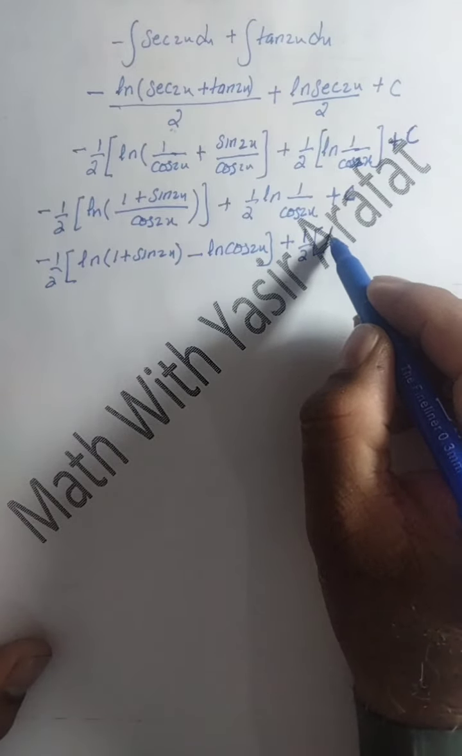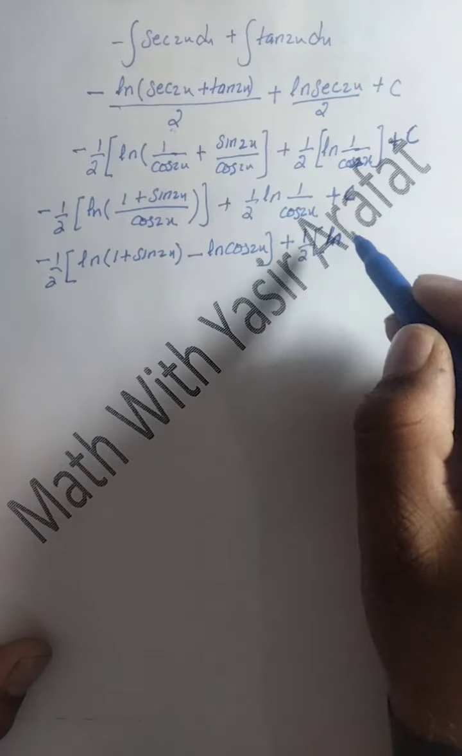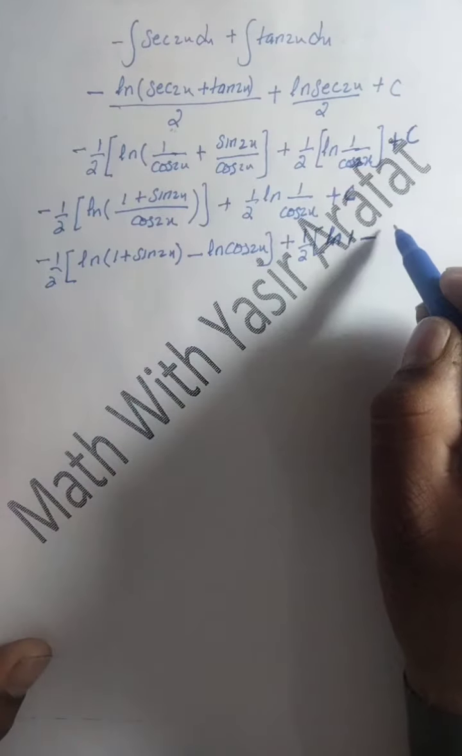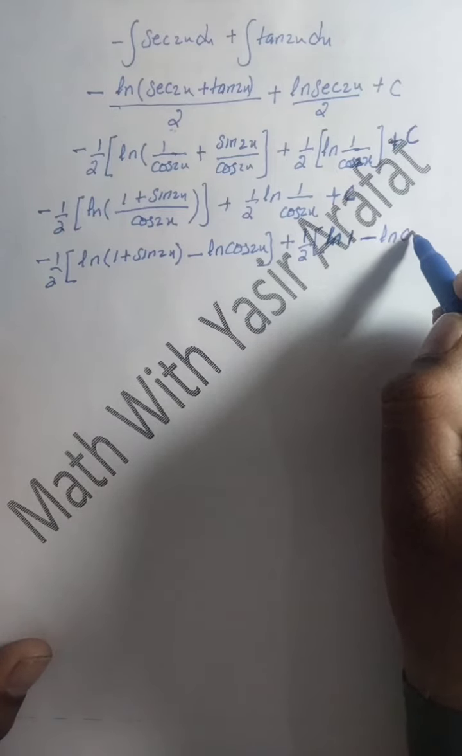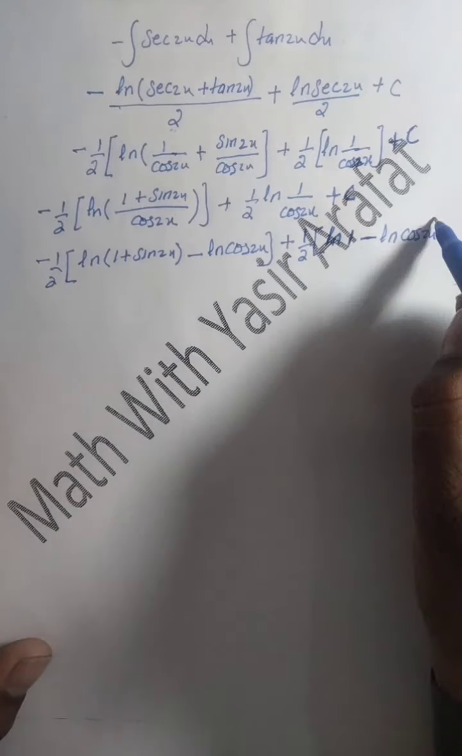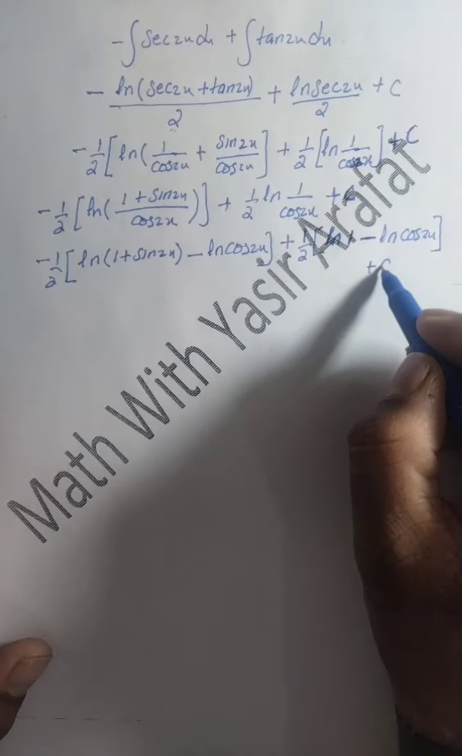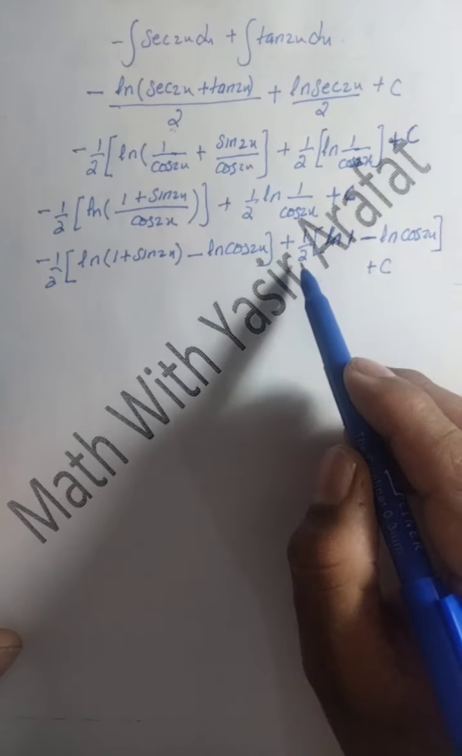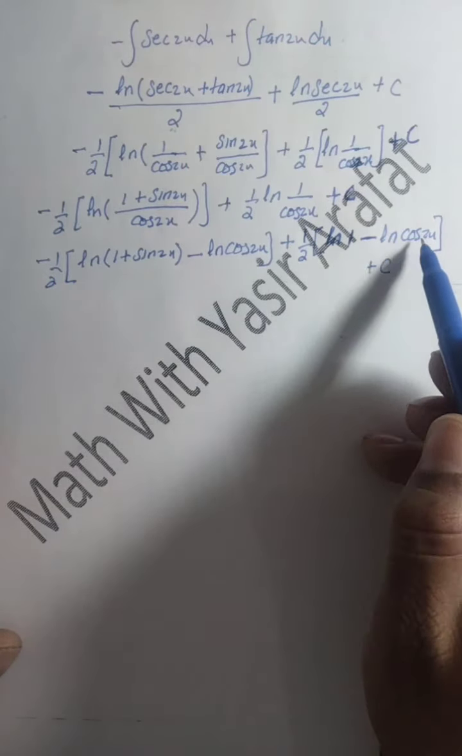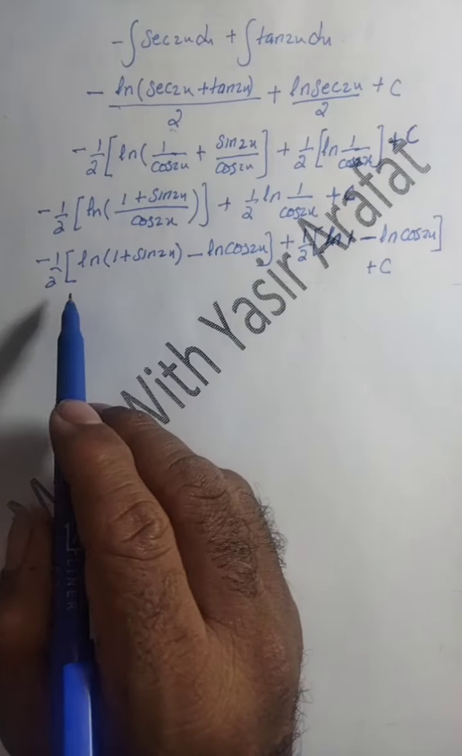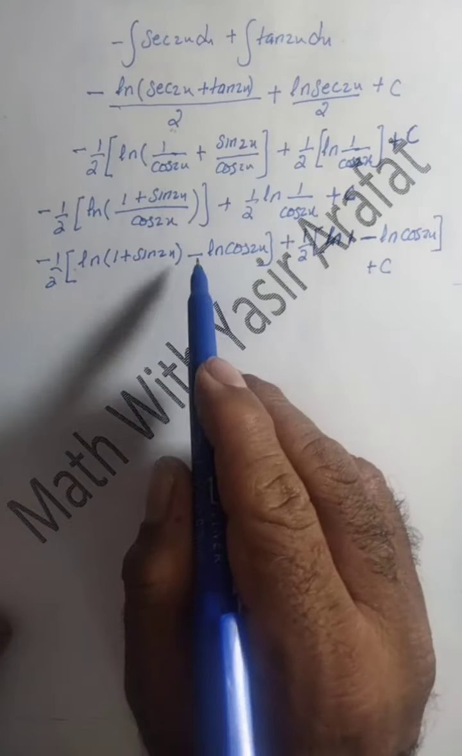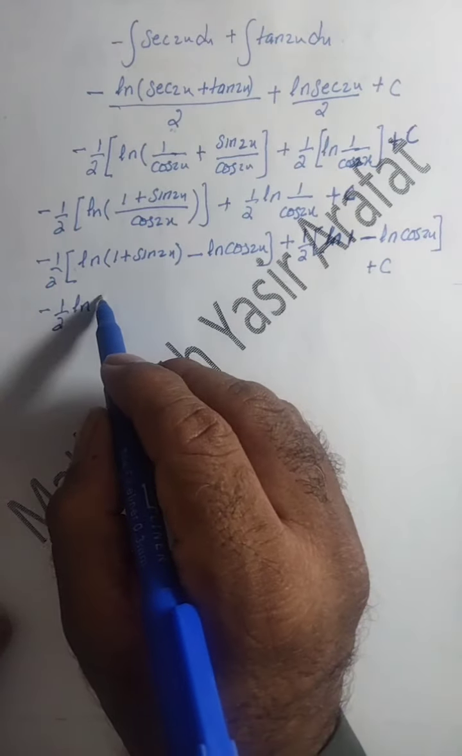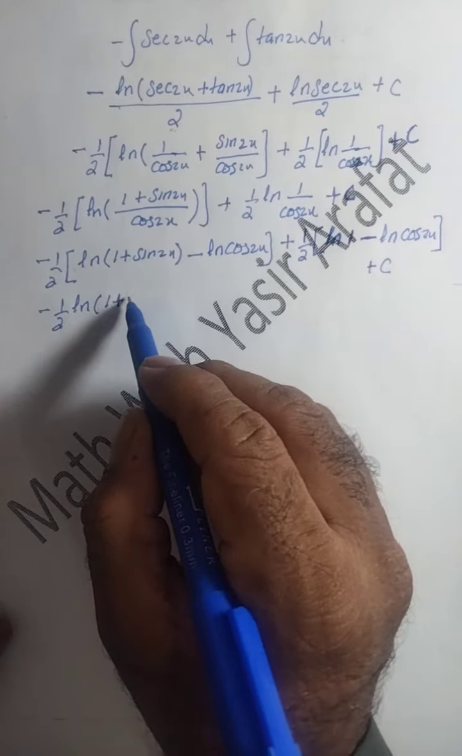So this is ln 1 minus ln cos 2x plus c. This is 1 over cos 2x, so we have to apply the formula: 1 upon 2 ln 1 minus ln cos 2x and plus c. Now we have to apply minus 1 upon 2, multiply with this one and this one. So this is minus 1 upon 2 of ln 1 plus sin